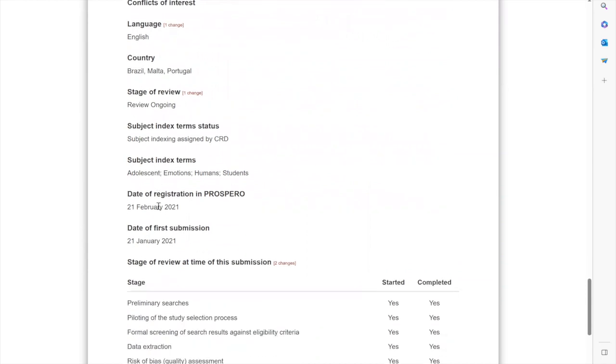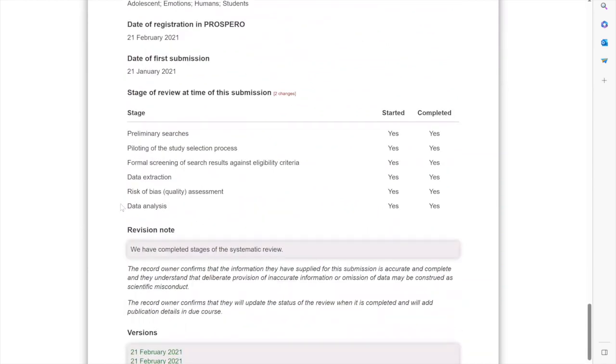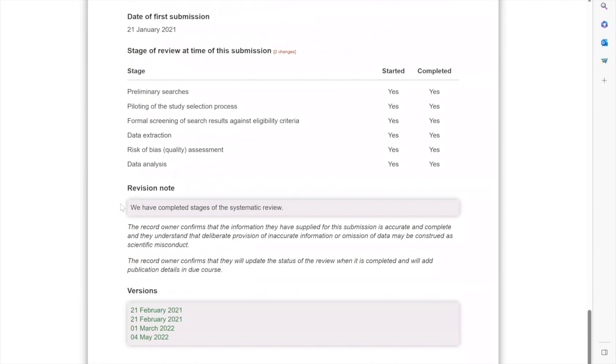And then in the end, you can give information also for other authors that, for instance, search your